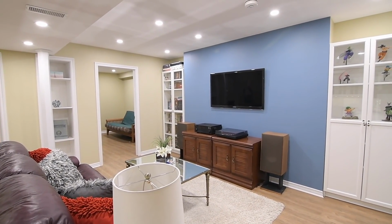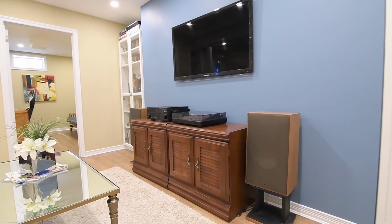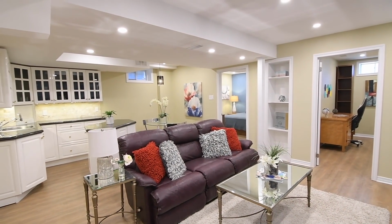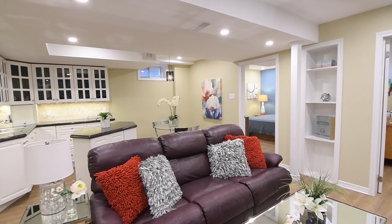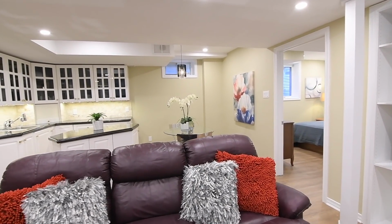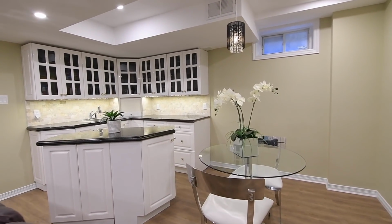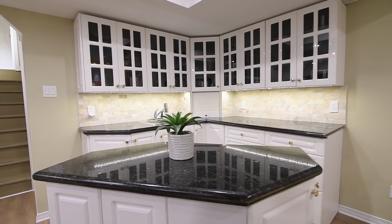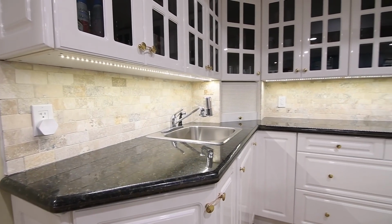The professionally finished lower level is also ideal as an in-law or nanny suite and showcases laminate flooring and pot lighting throughout, ample storage, a spacious family recreation area with built-in shelves, a dining area with a contemporary pendant-style chandelier, a kitchenette with an island, stone counters and backsplashes, cabinetry with glass-paneled uppers and undermount lighting, as well as a stainless steel sink,